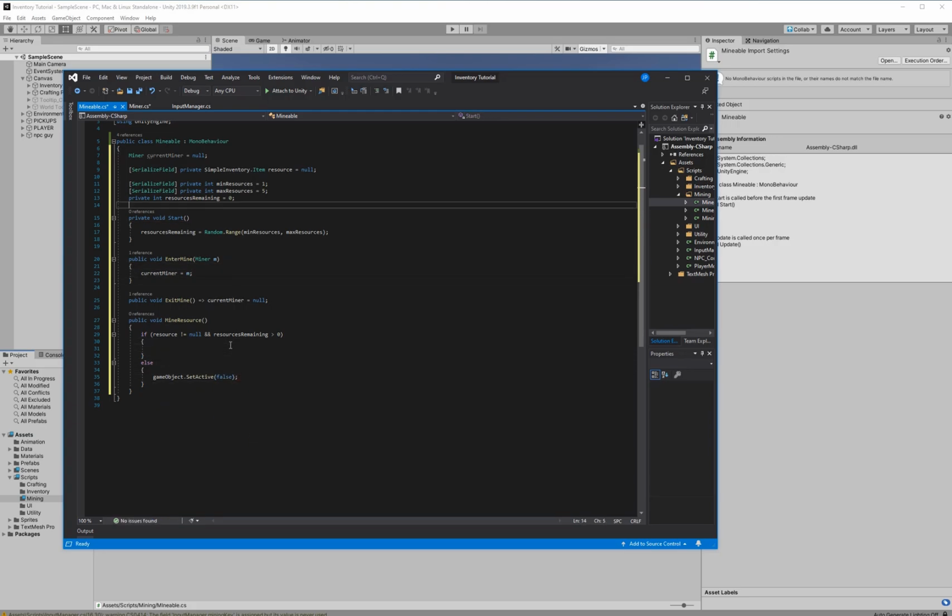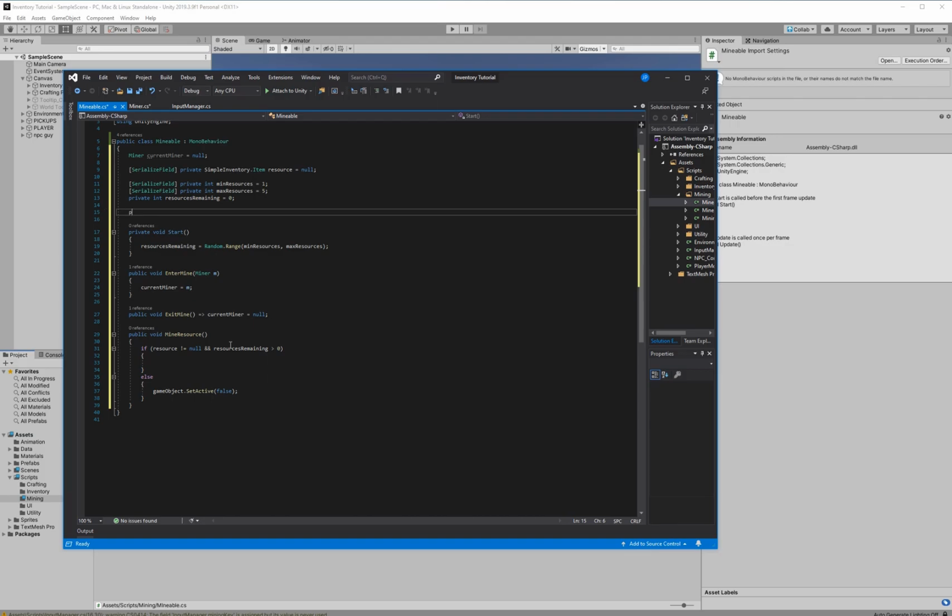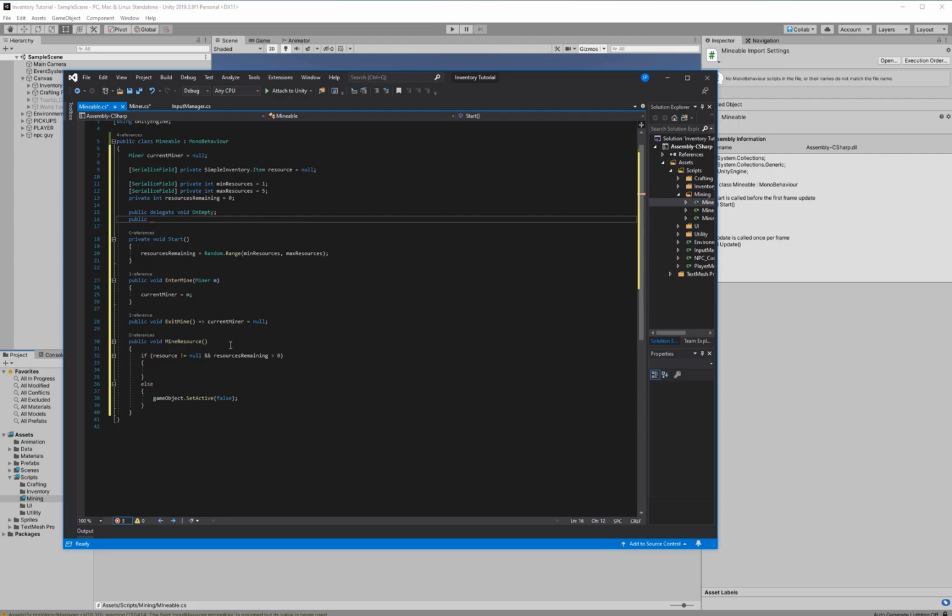So let's actually create a method here called public delegate void OnEmpty. Public OnEmpty. We'll fire that once it's empty. Okay, that looks pretty good for now. Obviously, we don't have